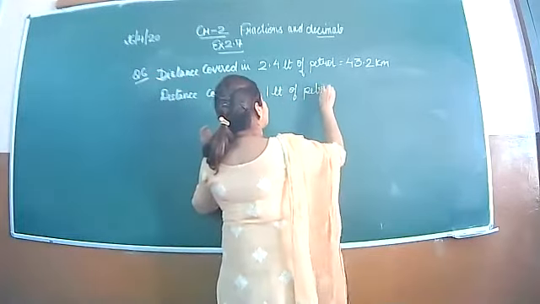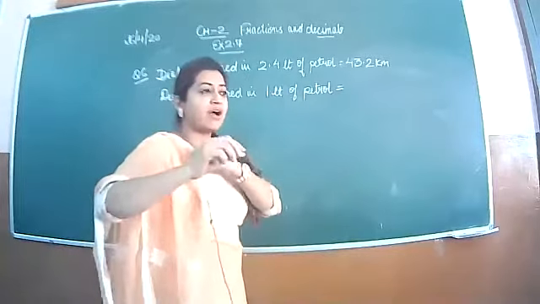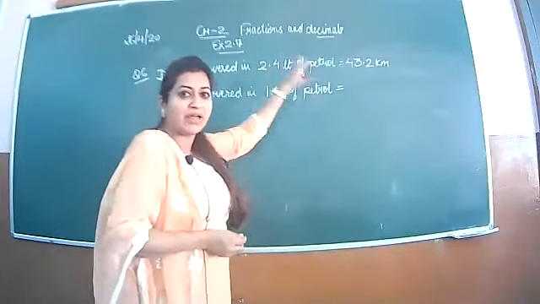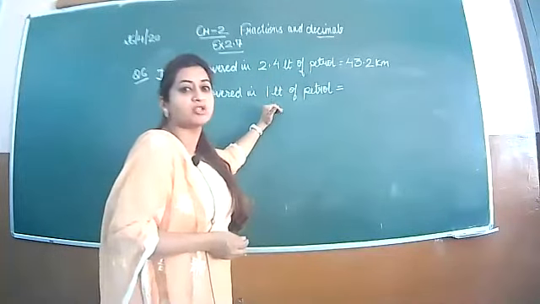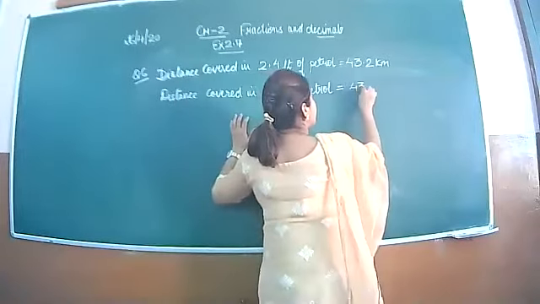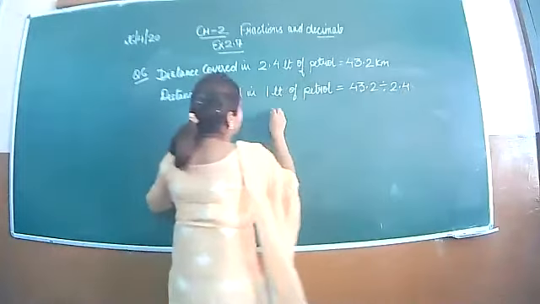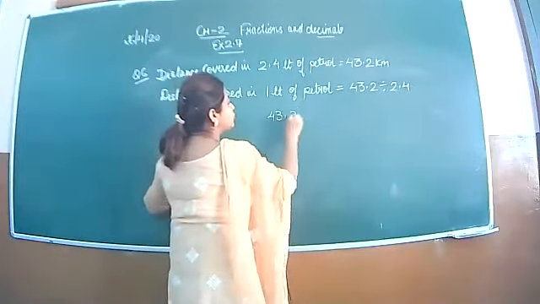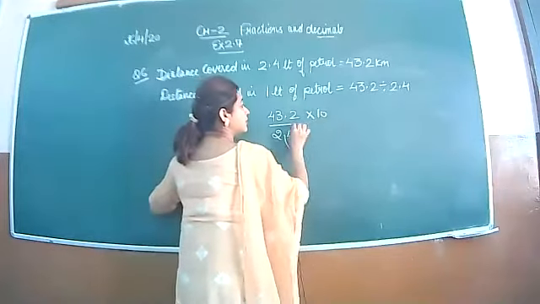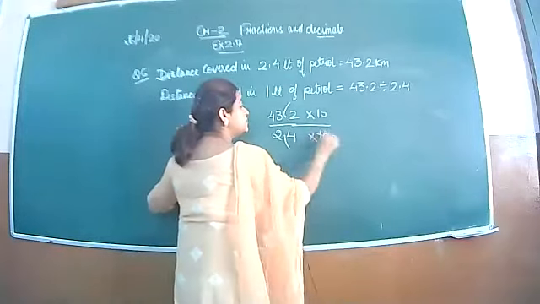What you will do? Will you multiply or you will divide? Divide, ma'am, divide, because it is unitary method. You have been given the value for a bigger number, and we are reducing it. So whenever we are reducing it, we have to divide. So 43.2 will be divided by 2.4. And hope you all are able to solve this. So when you remove this decimal, you will put 10 in the numerator. After removing this decimal, you will put 10 in the denominator.